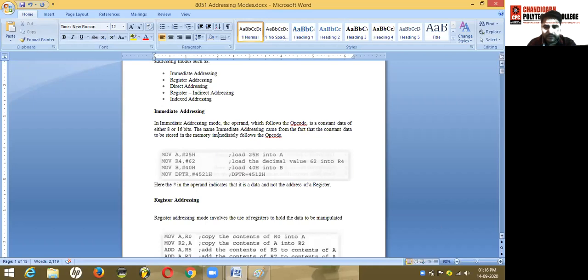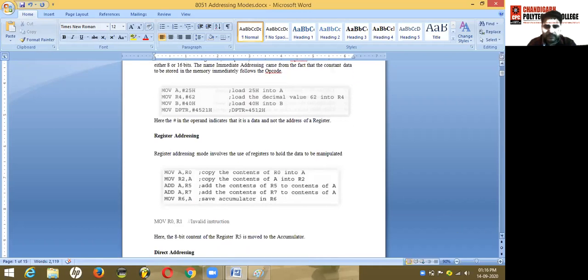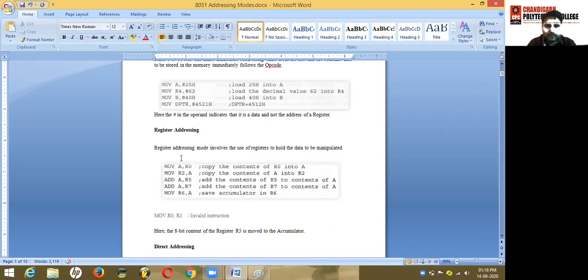Now the next type of addressing mode is the register addressing mode, which shows the use of a register in all its examples. Register addressing mode involves the use of a register to hold the value of data to be manipulated. The data you are going to use in your program or instruction must be stored in one of the registers.